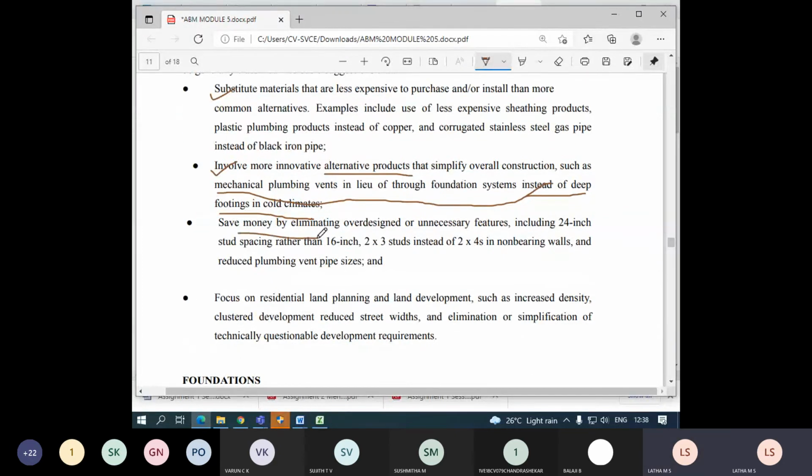Save money by eliminating over-designed or unnecessary features. That is what I tell you. Like you don't want the wall construction, or you don't want a load bearing wall, or it is possible with a non load bearing wall. Such possibilities are there. Instead of a 6-inch wall, I can go with a 4-inch wall. Instead of a retaining wall, I can go with ordinary solid concrete blocks.